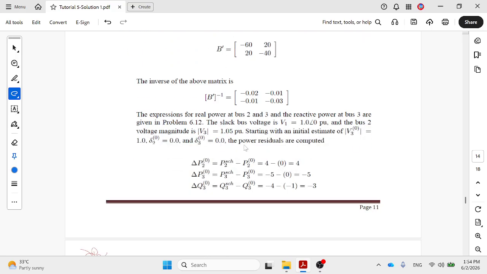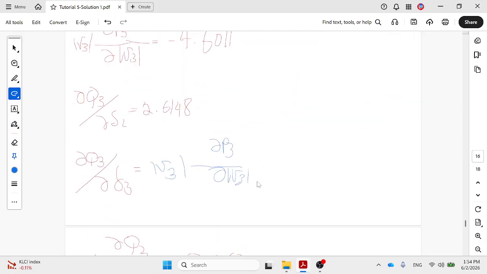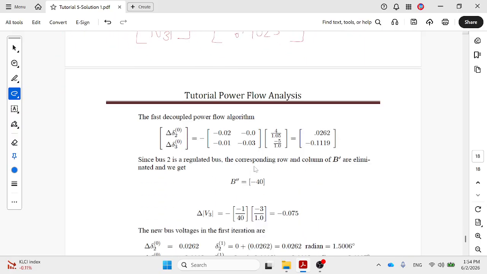Then don't forget we need to find the mismatch in the same way, as for Newton-Raphson normally. And then you calculate this one, delta 2. What is this? This is the mismatch value, which is the power divided by the voltage. So we bring the voltage in. Here also we bring the voltage for V3. This is V2 and this is V3. So after calculation, you reach a new delta variation, which is